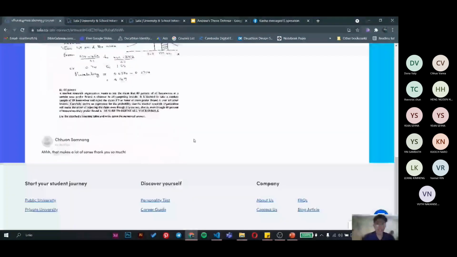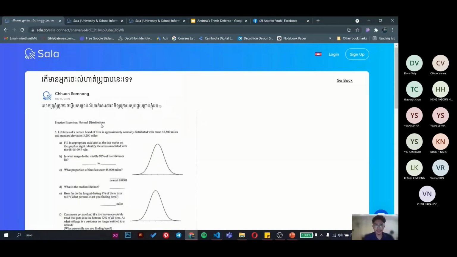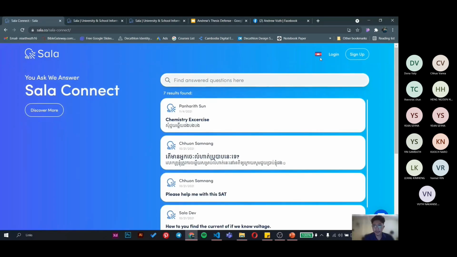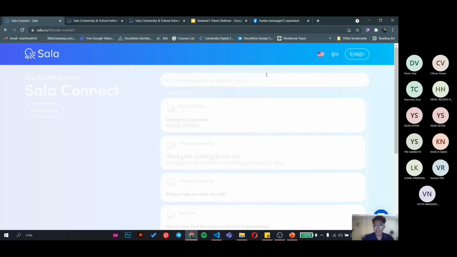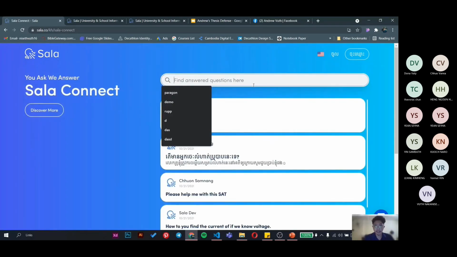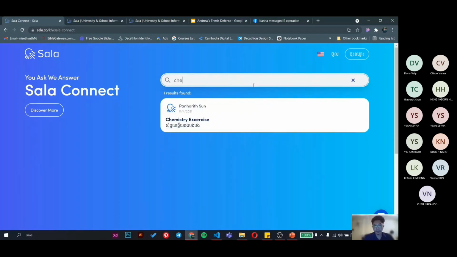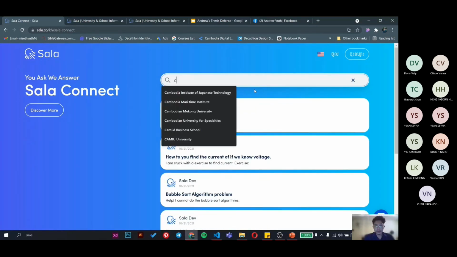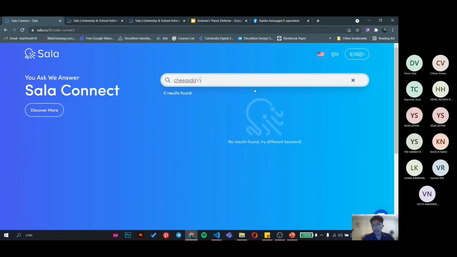Right now, users cannot answer yet, but what they can do is look at the information and the details of the discussion. They can also switch language. For example, I can search for something. If I type random things and it doesn't match anything, it will show the no data component.